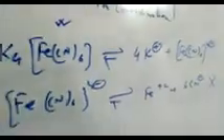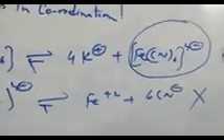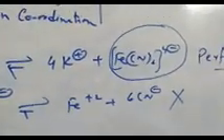So potassium ferrocyanide is called a perfect complex because in aqueous medium, the complex ion exists freely, and further ionization of this complex ion is not possible. So it is called a perfect complex.